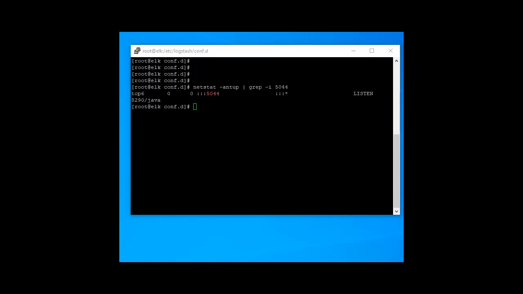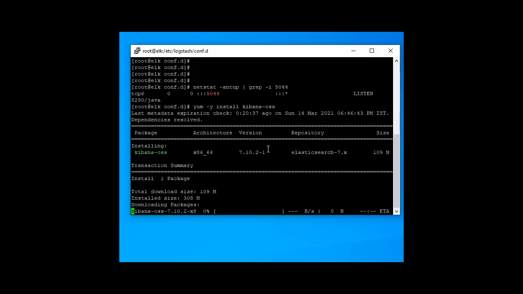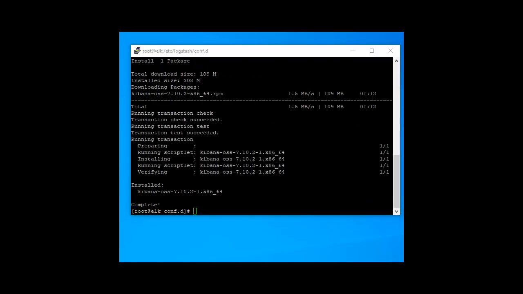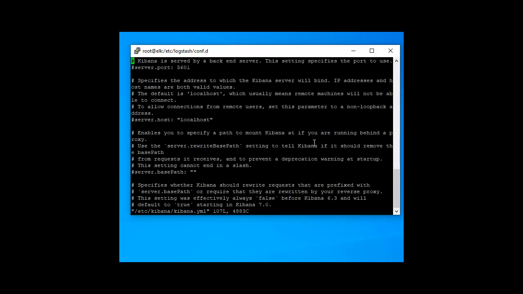So the next step is to install and configure Kibana. yum -y install kibana-oss. Press enter. So installation is done. Now some parameters need to be changed in the kibana.yml file. Here server.host is showing localhost.